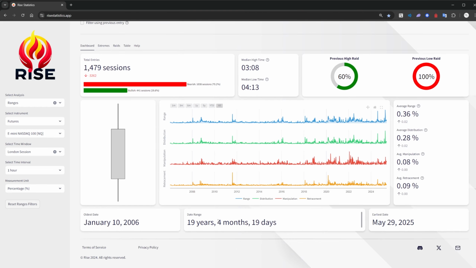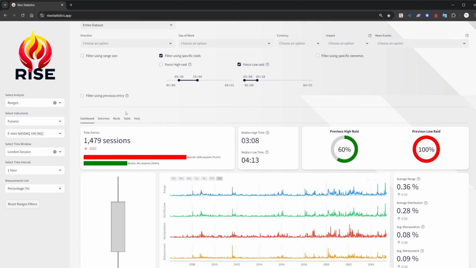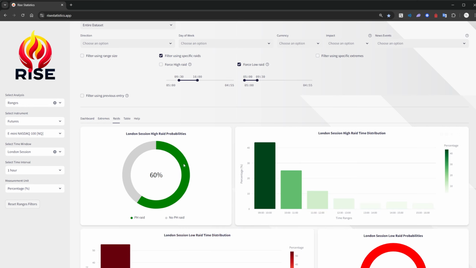What does that mean? Well, we're seeing 20 years of London sessions, right? You can see a lot of data points here. So whenever you're using a lot more of these, and this is a nice data point, over all these times, 70% of the times London is bearish. That's pretty interesting. But when you're using so big of a data set, it's normal that bullish properties on things like the indices futures, which are more often bullish, are going to be slightly higher than the bearish ones.